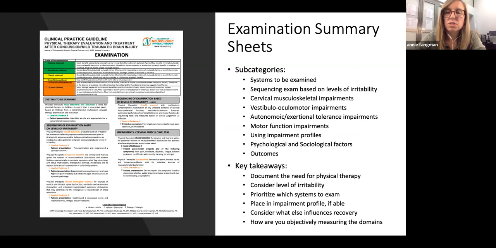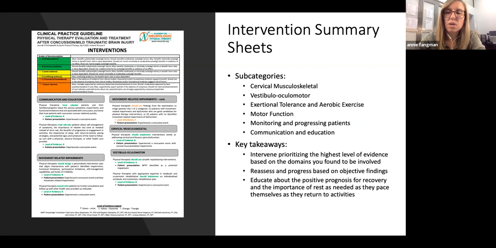The key takeaways for the examination sheets are: document the need for physical therapy, consider level of irritability, prioritize which systems to examine, place an impairment profile if able, consider what else influences recovery, and how are you objectively measuring the domains. The key takeaways for intervention sheets are: intervene prioritizing the highest level of evidence based on the domains